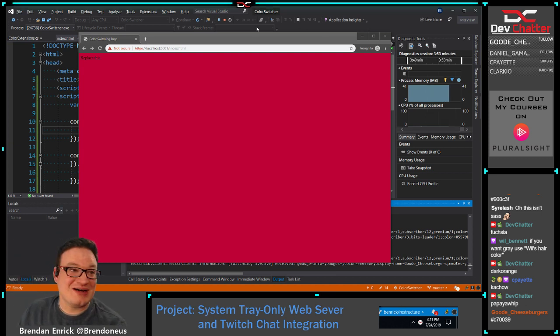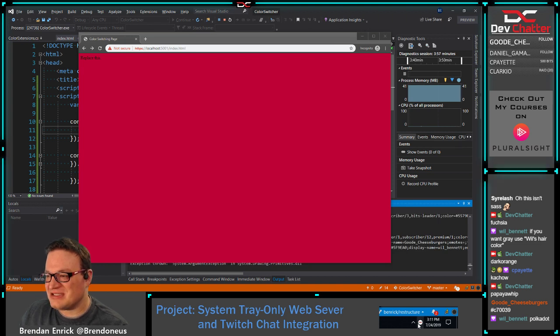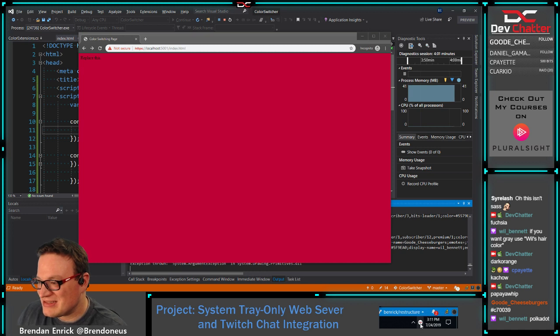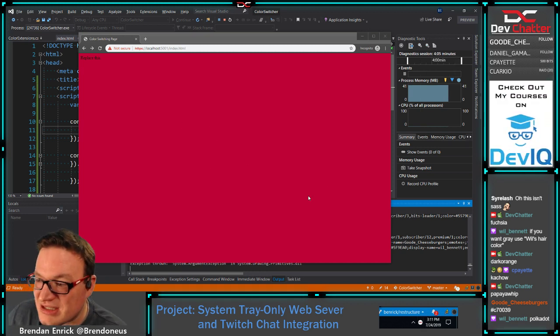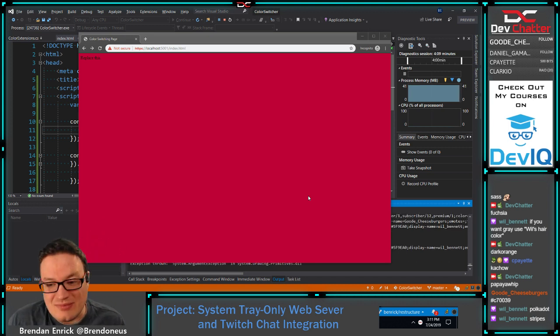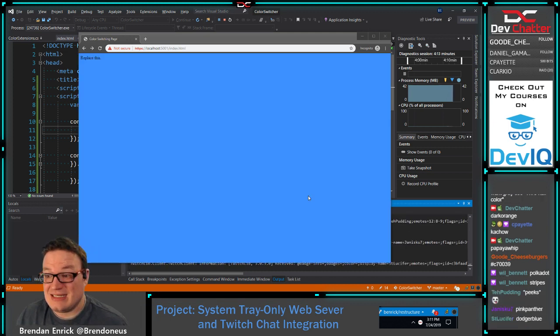So the cool thing about it is that's all just running out of this system tray app right here. This little system tray icon that you can see, I've got my system tray showing over there, is actually what this is running in. That's what spins up this web server and makes all this work. So now all we need to do is take something fancy like